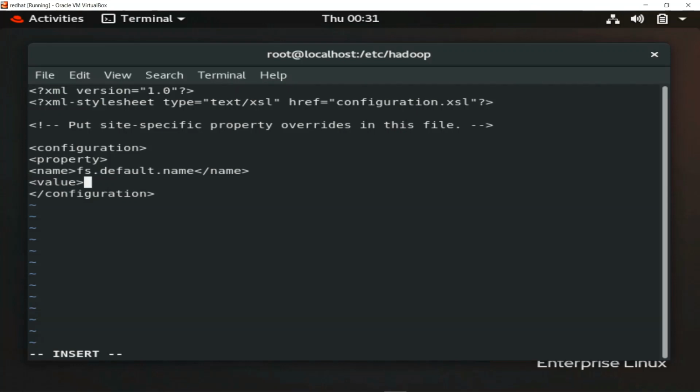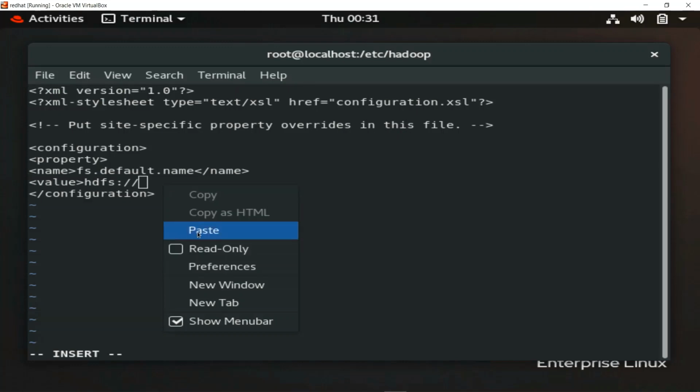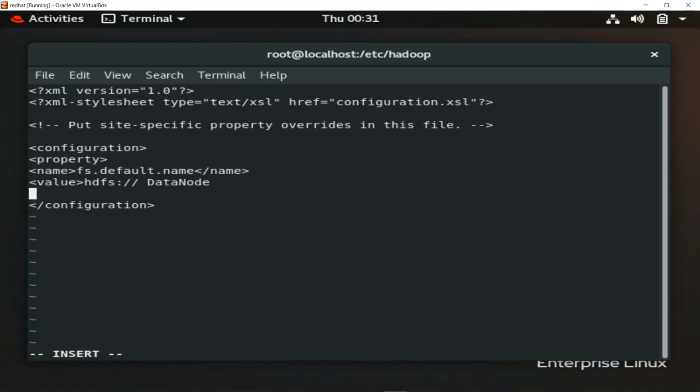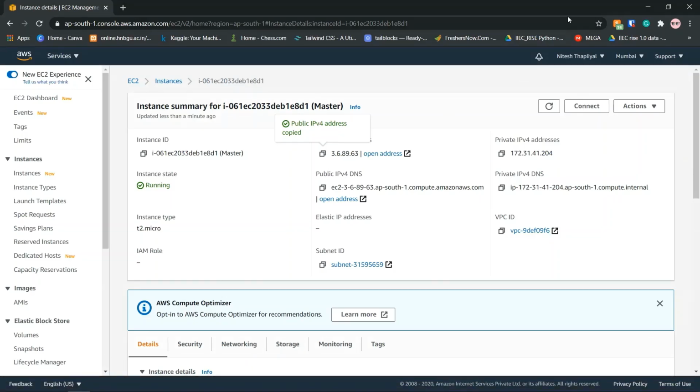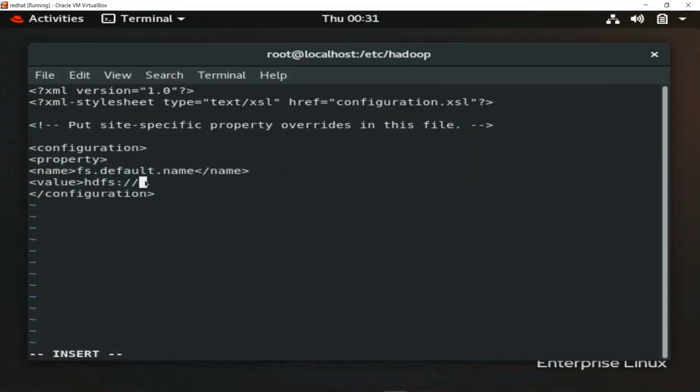Here also we have to give the IP of the master. Copy the master IP and paste it here using the port number 9001 and just close the value.